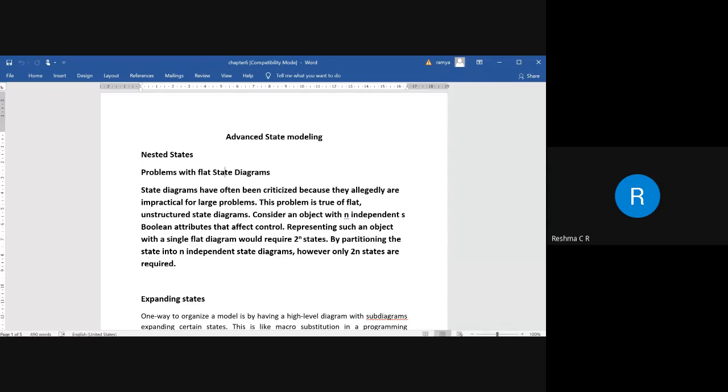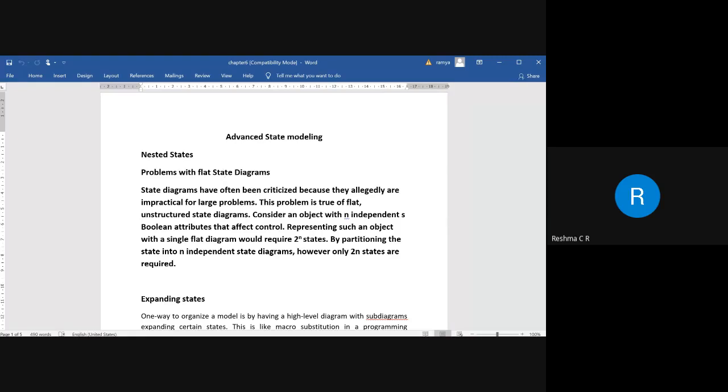State diagrams can be structured or unstructured. If the state diagram is unstructured and flat, and we have n number of states with Boolean attributes controlling the different states, then a problem arises where the model cannot be represented properly.